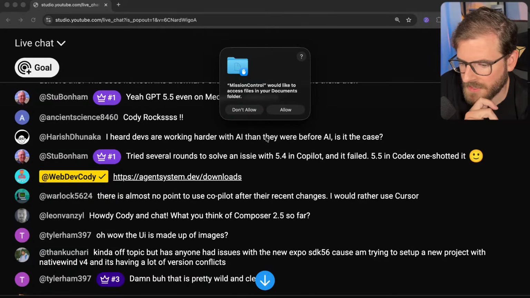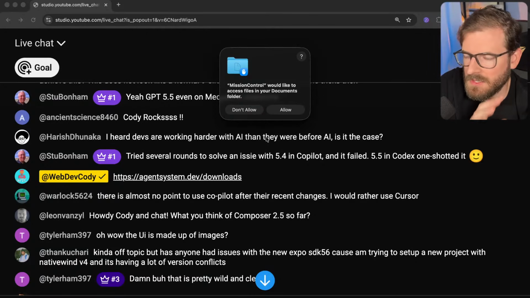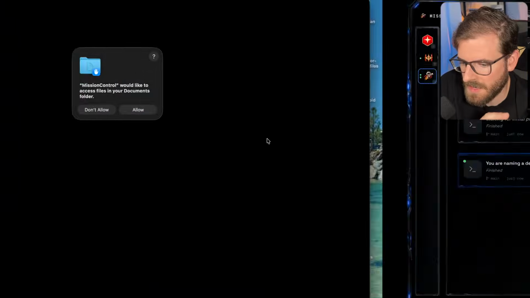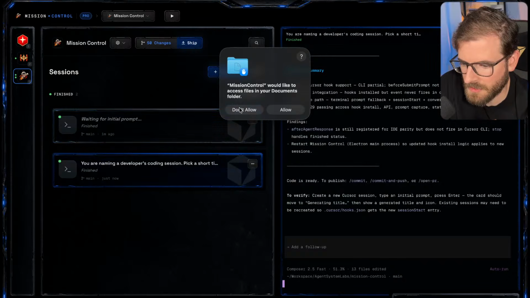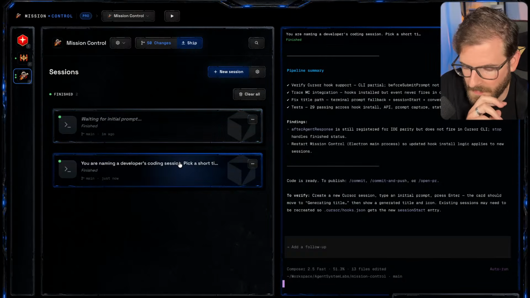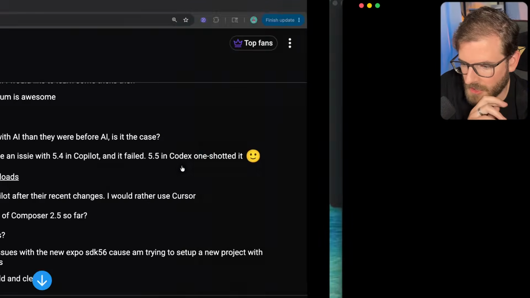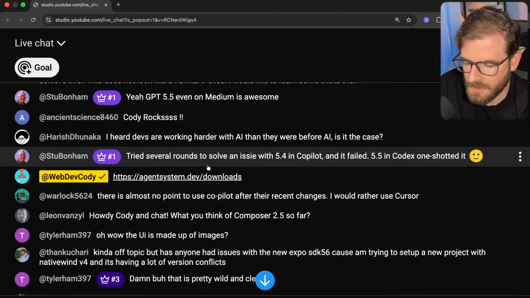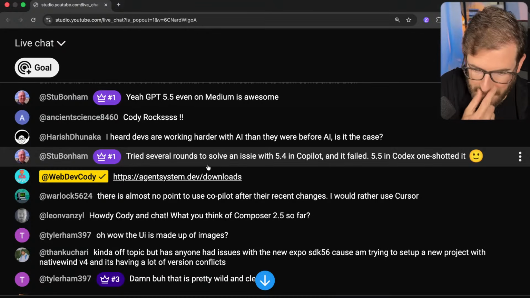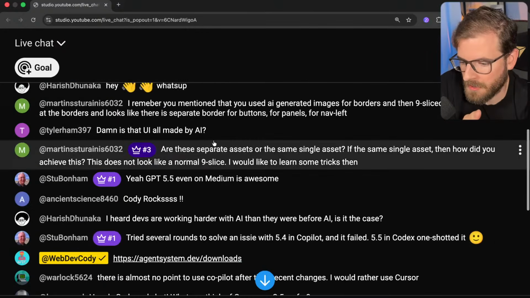Mission Control would like to access your files and your documents. This is something I don't understand about Claude Code and these CLI tools. Sometimes they try to access things that they should not be accessing. I don't know why it's trying to go to my documents, so I'm just going to say no. But I've had Claude Code try to access my music. Honestly, you should probably be running these things in like a Docker container. I don't trust these agents at this point. My system's probably already compromised, but